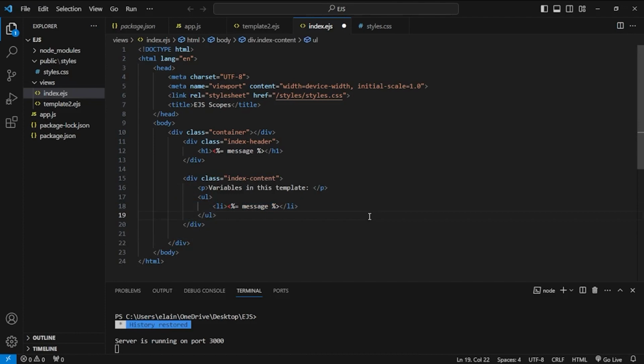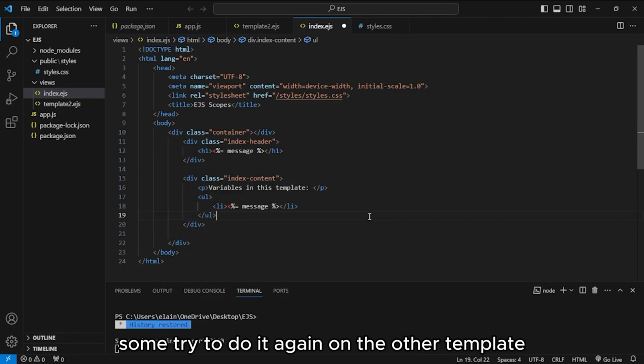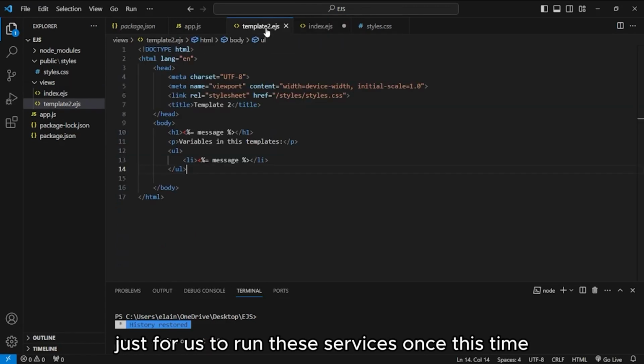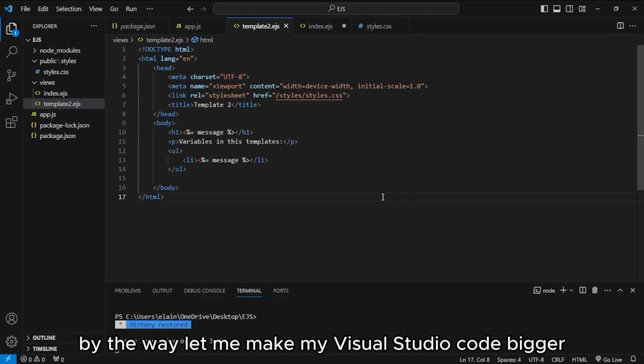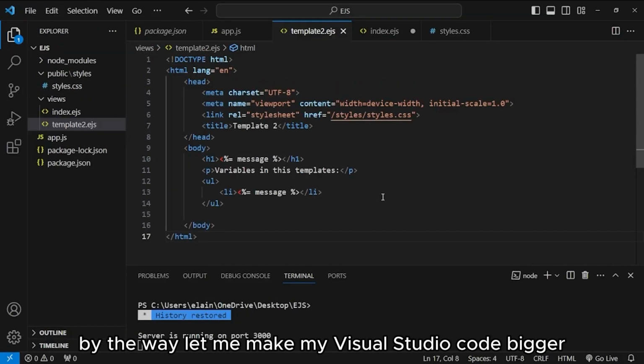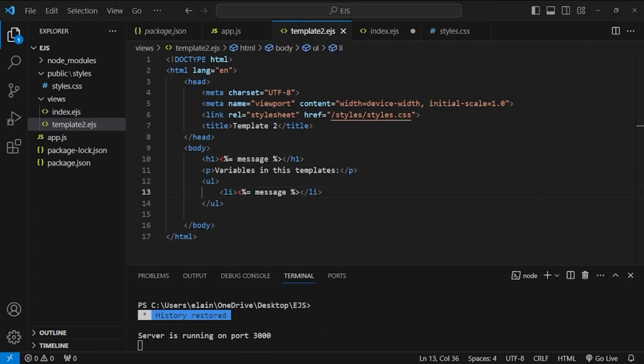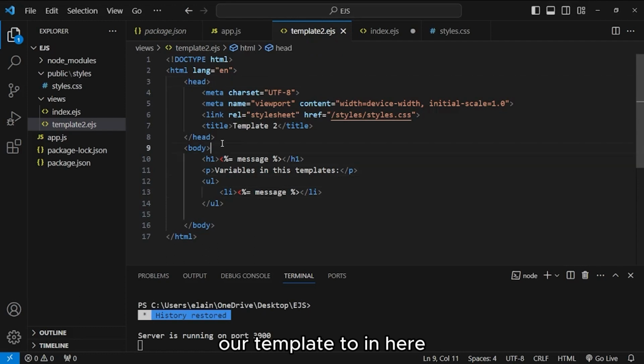Okay. Right, and then let's try to do it again on the other template before we run our live server again, just for us to run the server just once this time. By the way, let me make my Visual Studio Code bigger. All right, that's looking good. So for our template 2 in here,